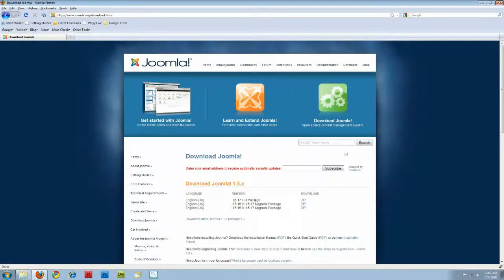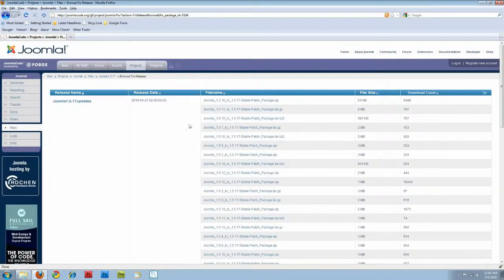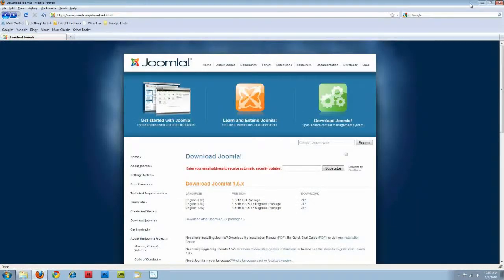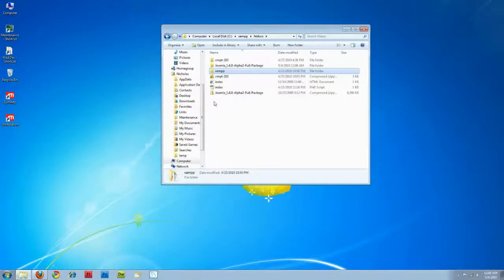Here you can get the full package, or if you already have an installation available either on your web server or already on your local machine, you can get the upgrades for each version. They do have all of the older versions, so if you're going from 5.7 and you want to upgrade to the latest, they have all those here. So go ahead and download the full package,